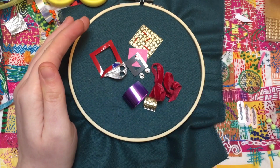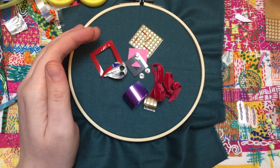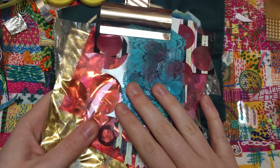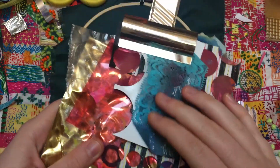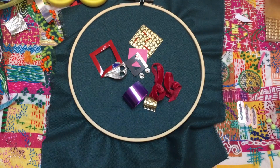Obviously my tip, what I do is I cut all my bits and pieces out, bundle them up with these big bulldog clips like this. Here's another one, and then I can hang them up on the wall, and I've got selections and bits and pieces that I can just snip off if I want little ideas for doing a new piece of work, or in little jam jars or boxes or something that you've got things to use